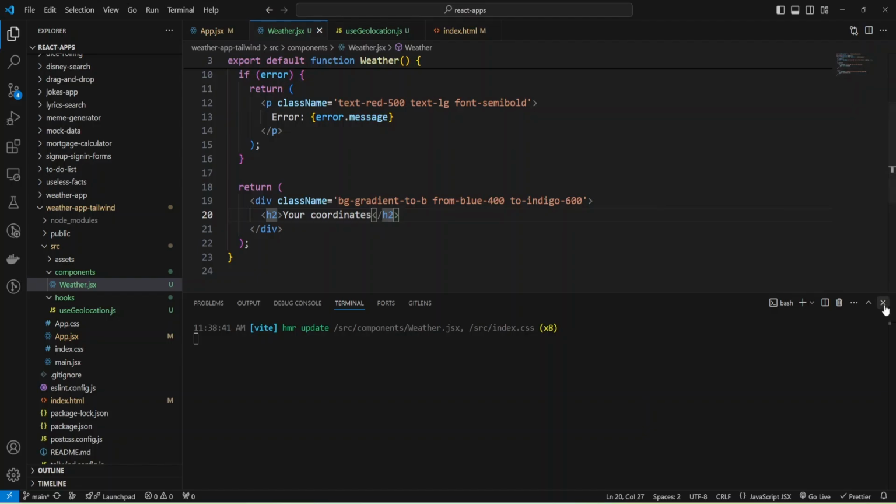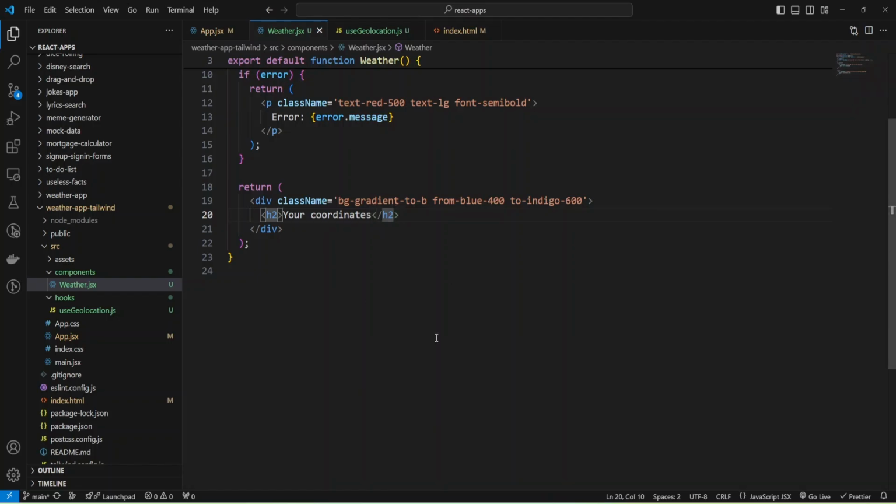Okay, let me hide this panel, and we can change the font for our h2 tag. I'm going to add a class name and text XL, and make it font bold, and also make it gray, and some margin bottom.